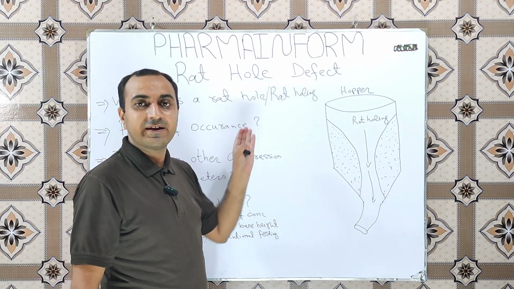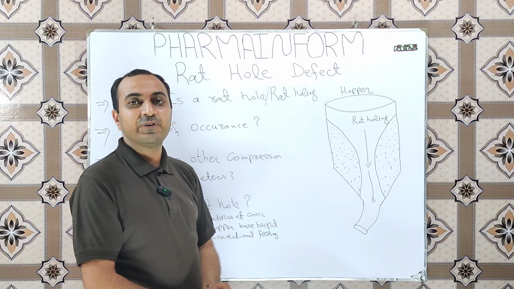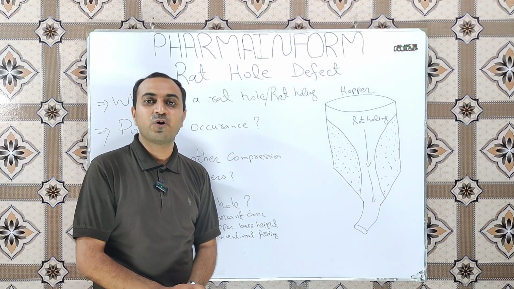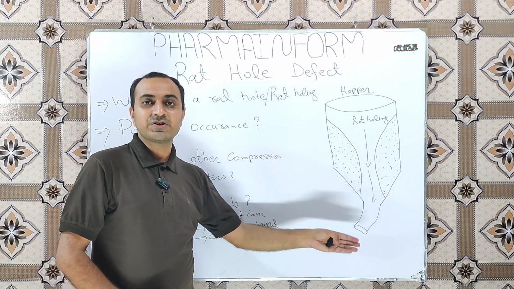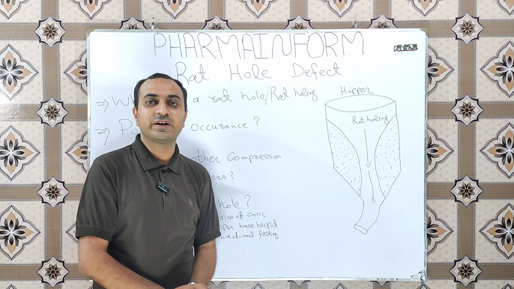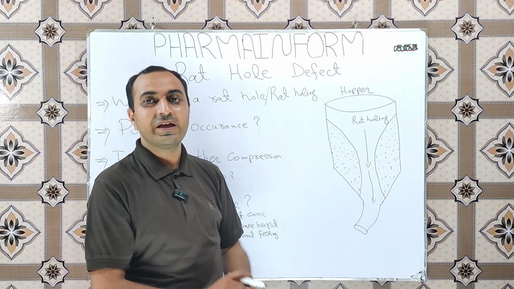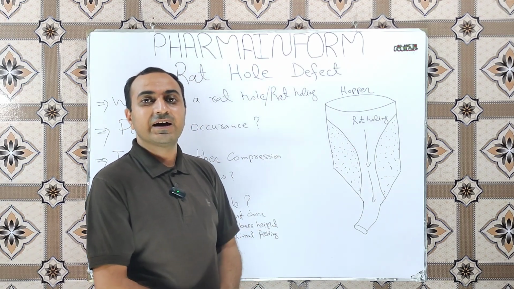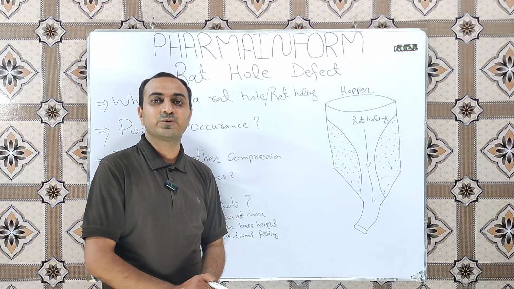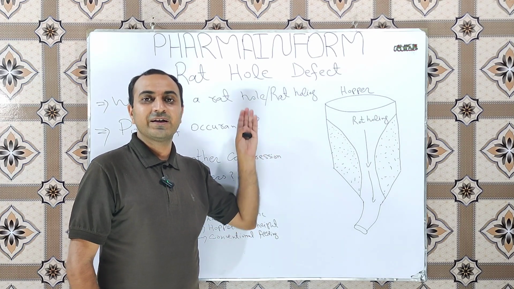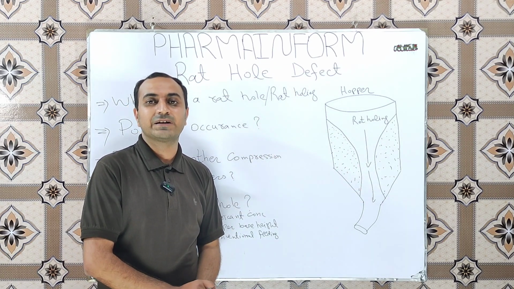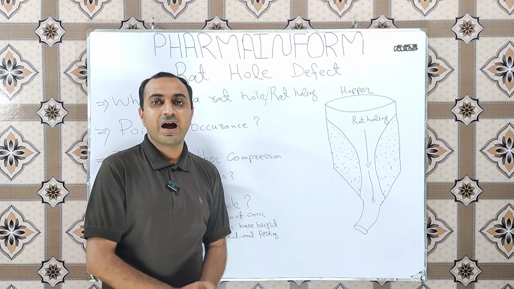As we are familiar, due to the flow issues, the filling of the die is not uniform, due to which weight variation occurs, and if less weight of the powders or granules is filled in the dies, the required tablet hardness will also not be achieved. That is why it has indirect impact on the tablet weight and tablet hardness.